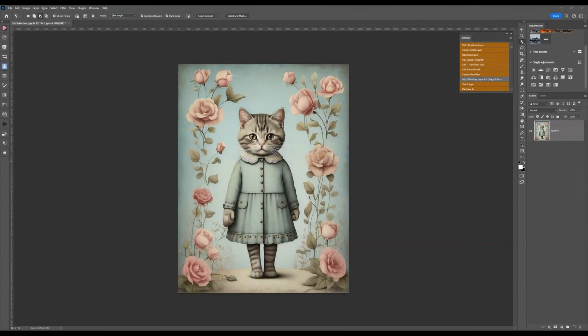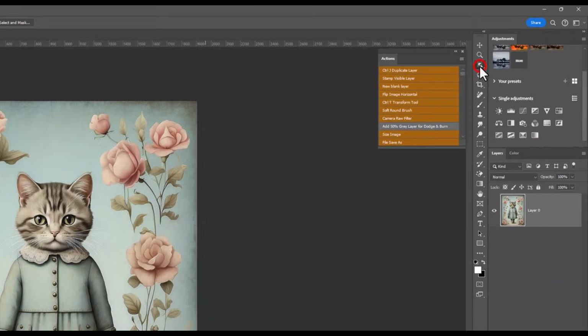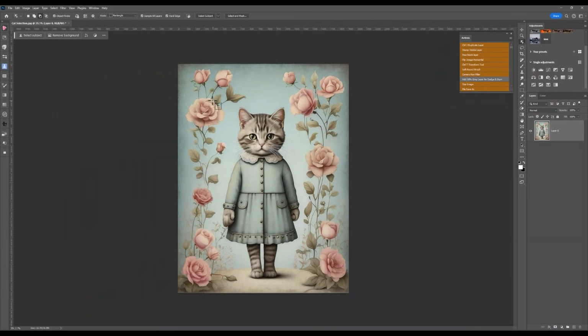How to use the modify. And I tend to use this when I just need to bring the edging in a little bit. Let me show you. I want to get rid of the background, so I'm going to use my object selection,